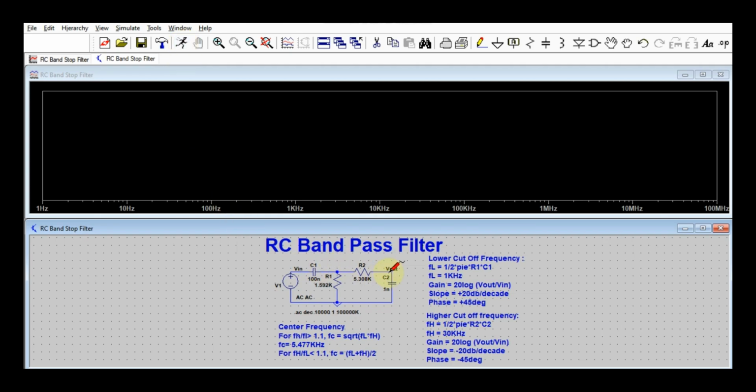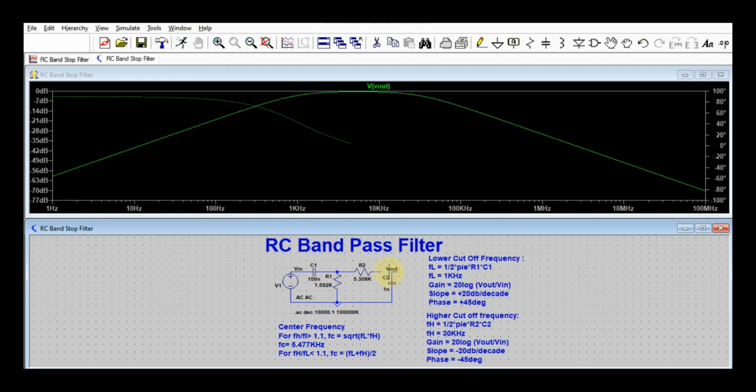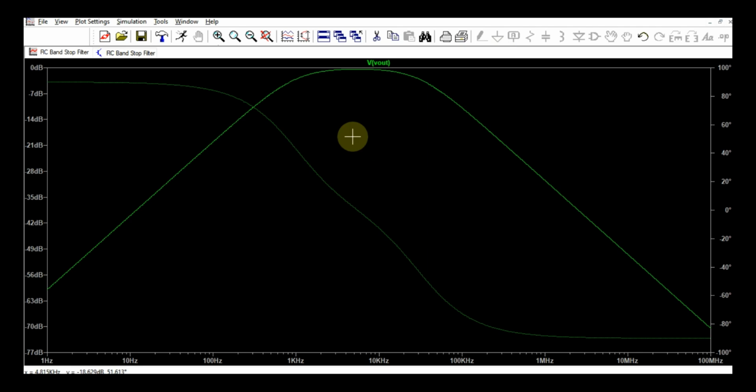So let me show you the behavior of your RC band pass filter. Okay, so I have clicked at the output net, you can see here, and you can see the graph. Let us understand this graph. That means the plot between magnitude and the frequency, and the plot between phase and the frequency. So guys, this is well known as Bode plot, the plot between magnitude here in dB, the plot between magnitude and frequency, and the plot between phase and the frequency.